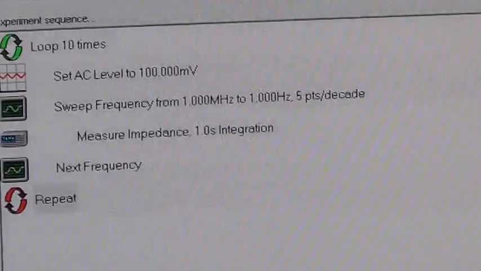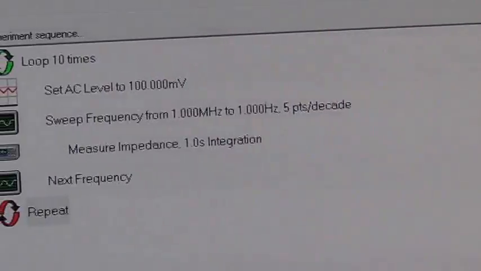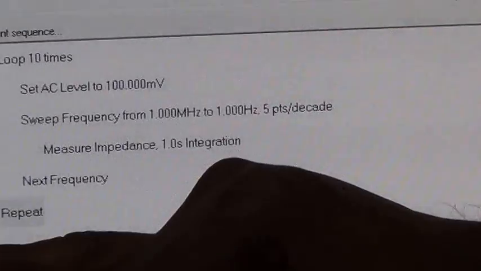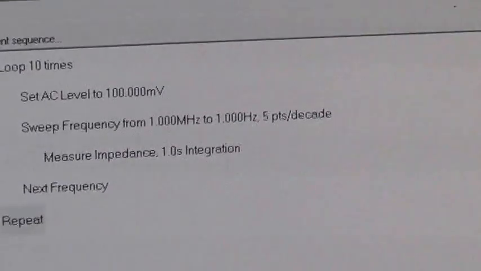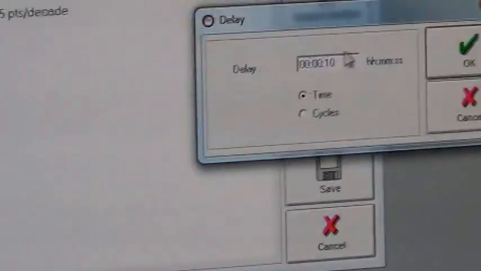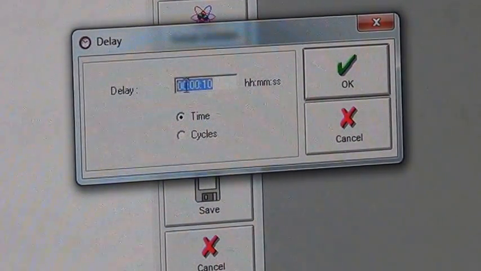Everything comes under the loop. Here there is no temperature. Only for room temperature or any fixed temperature it will be repeated. If it is a different temperature, then I have to do the next temperature, and then you have to make the whole program. Before that you can add a delay also, a time delay. So in time, for example, I'll make it as this.